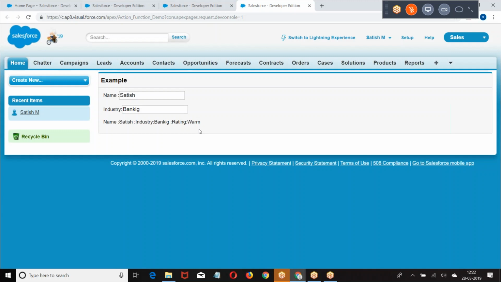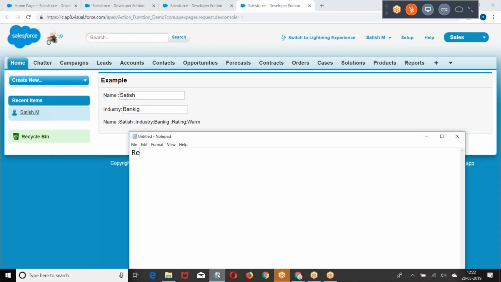So these are the two functionalities we have seen: action support and action function. Still we have action region, action poller, action status. Then I will show you how to write a SOQL query from JavaScript, and how to make a DML operation from JavaScript, using remote action. That will be the class for tomorrow. So that's all from my end. See you all in the next session.